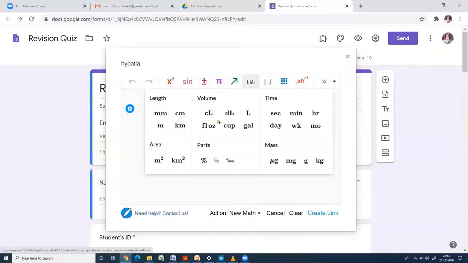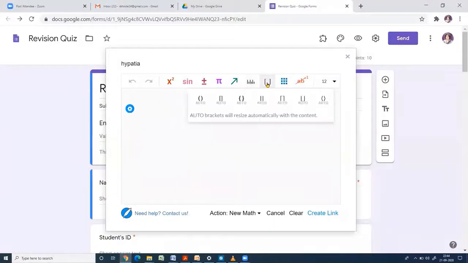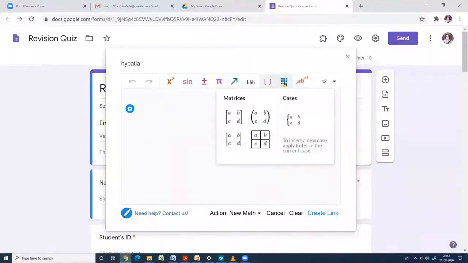So millimeter, centimeter, second, minute, etc. Then if you click on this, you can see various types of parentheses available to write the equation. Then if you click on these dots, you can see the matrices. So you can add the matrices using these